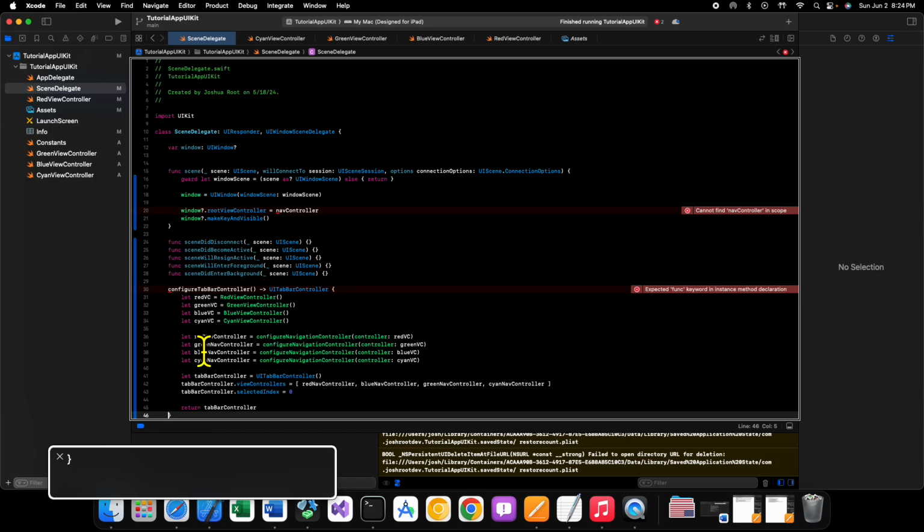However, while that's everything to configure the tab bar controller itself, there is one small thing for each of these view controllers that we need to configure, and that is the image for each tab. Now, this isn't done on the tab bar or the tab bar controller itself. This is done with each controller. Okay, so what we'll do